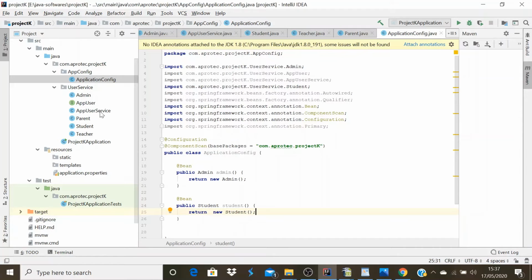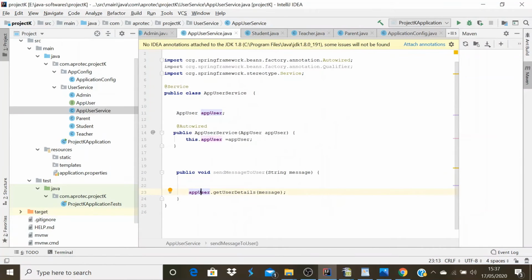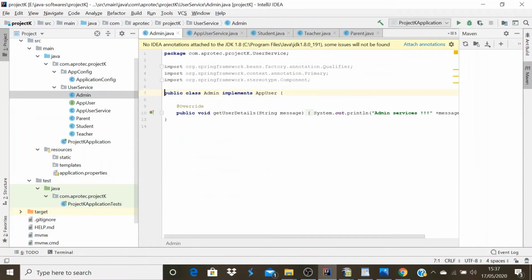Now I want to invoke the AppUserService, sending a message to the user with admin. So I will create a bean for that also.